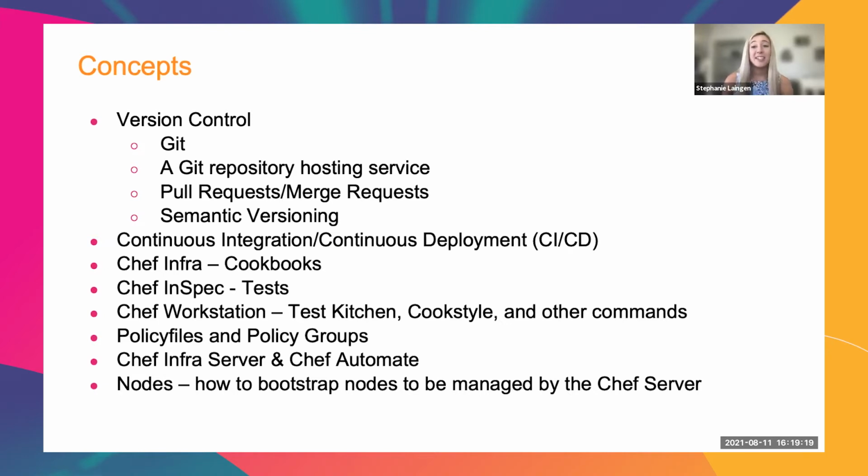As we said before, Chef is policy as code. So just like coding in any other scenario, it's important to use version control to manage our code among a team. The one that we're going to be using in this tutorial is Git. And our Git repository hosting service is going to be GitLab. But I want to be very clear that this workflow is completely agnostic to whatever version control system you choose to use. We're going to be using pull requests, also known as merge requests.